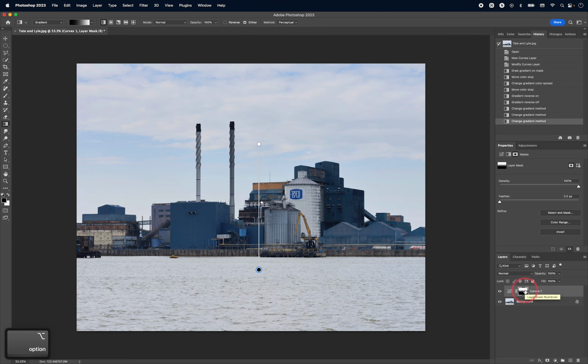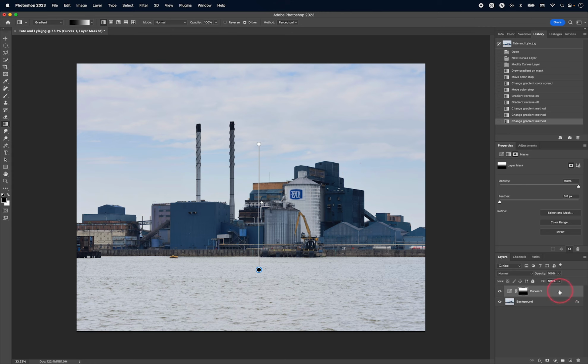Okay, so if I option click again, now if we look at our adjustment, and if we click on the preview icon like this, you can see that we have darkened the sky, but we have also darkened some of the factory buildings in the foreground. So if we wanted to limit it only to the upper part of the image, or actually in this instance only to the lighter tones of the image and not the shadows, what we can do is use the